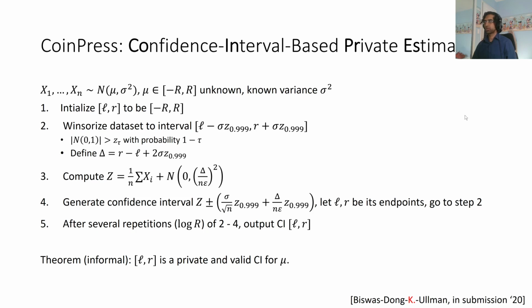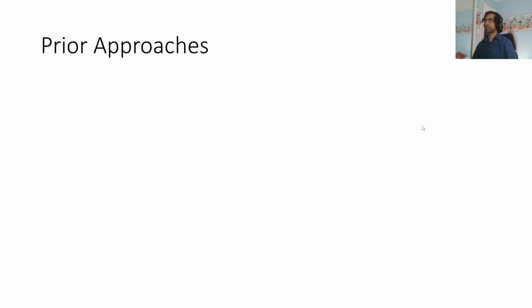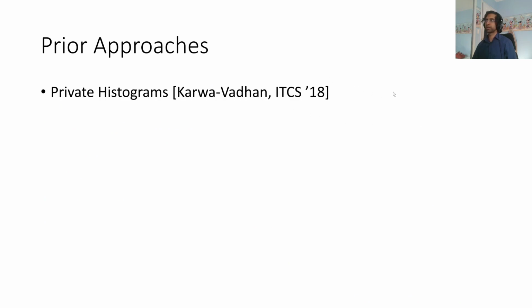Cool. So that's great. This is an algorithm for the univariate case. Let me compare with some prior work. One of the first works in this area was that of private histograms. Sorry, before I continue, let me just mention that a lot of works didn't even focus on this problem of where the data lies, in the sense that they just assume that our data is bounded absolutely somehow. Don't worry too much about how that is done, just assume somehow that's given to you. So that's sort of assuming the problem away.